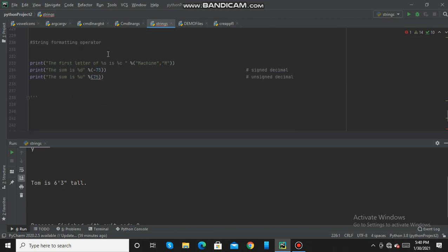Now the string formatting operator. Using this operator, we can print the string. So here I am using %s to print machine and %c to print the character m. Then here %d to print the signed decimal and %u to print the unsigned decimal.